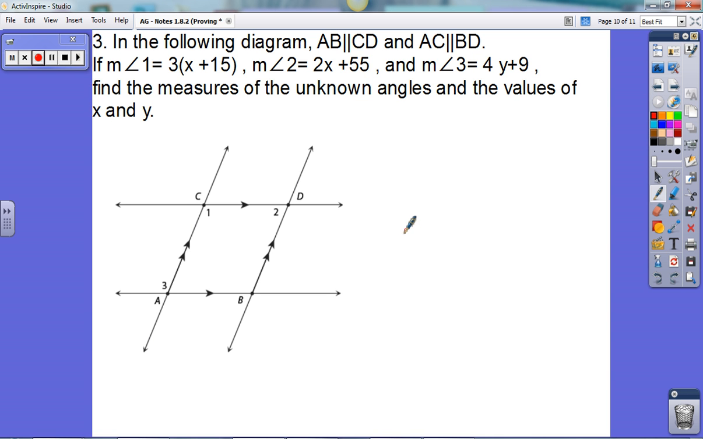Alright, in my diagram I'm given that angle 1 equals 3 times x plus 15. And angle 2 is 2x plus 55. And then angle 3 is 4y plus 9. So it wants me to find x and y and the measure of the unknown angles. Now I know that these two angles are alternate interior angles,